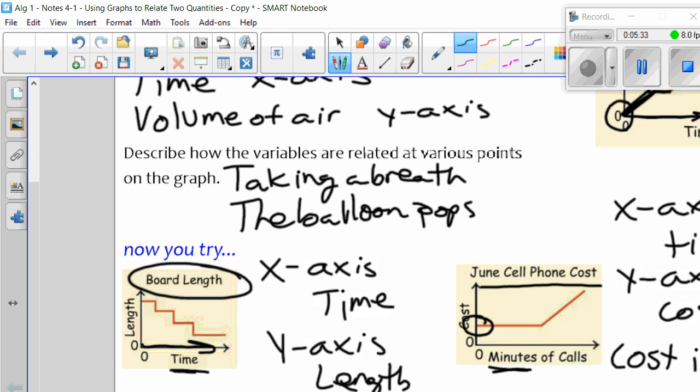And then I'm going to make a certain number of phone calls, minutes of phone calls. I don't know how many that is, but at this point, what happens is that my cost goes up. So my plan must be I get a certain number of minutes, and then after that, my cost increases. So that point is where the cost goes up